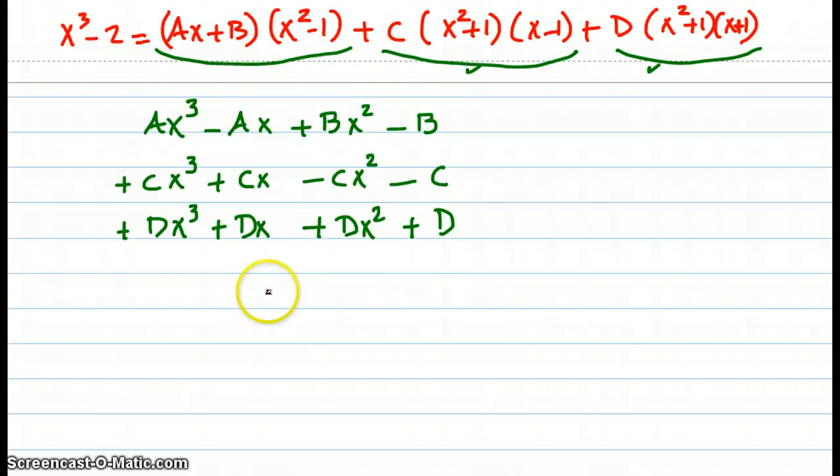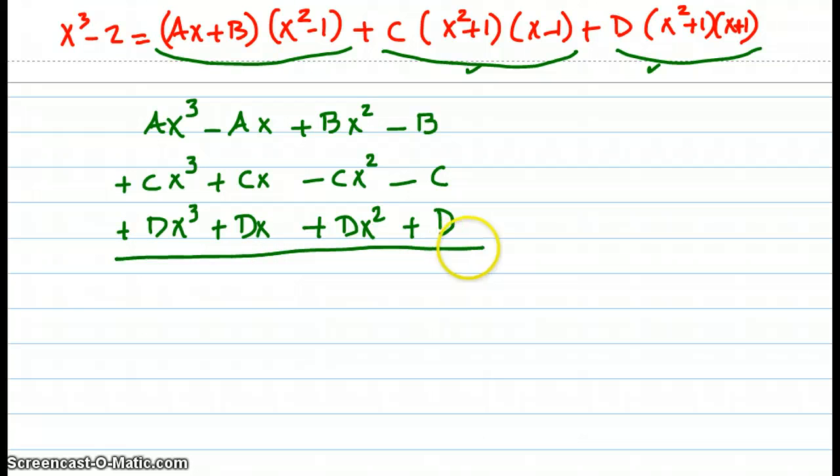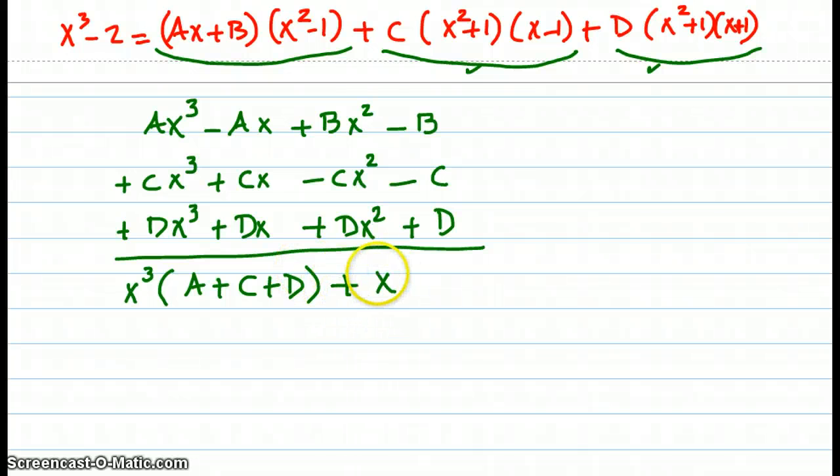Okay, so I just need to add up all these terms, and I can also do the factoring at the same time. x cubed can be factored out from the first terms in each of these three lines. That gives me a plus c plus d, plus x times minus a plus c plus d